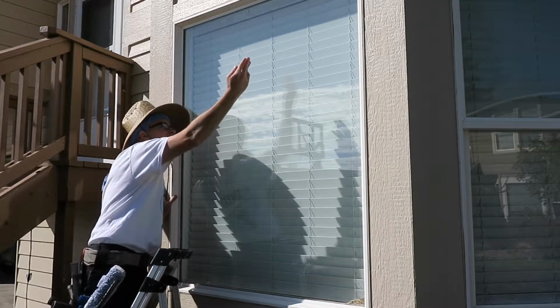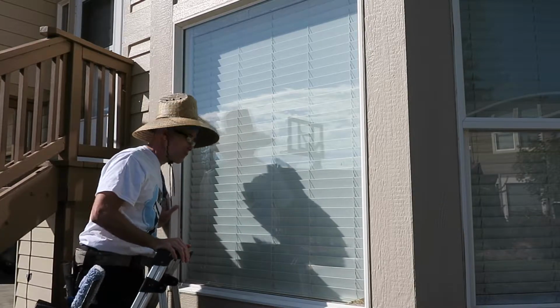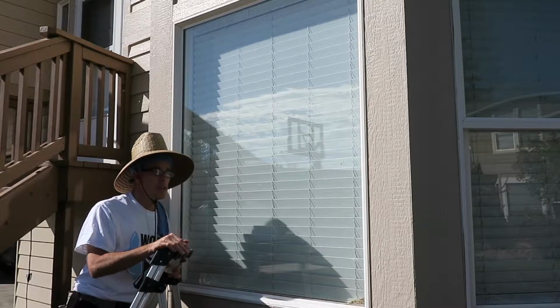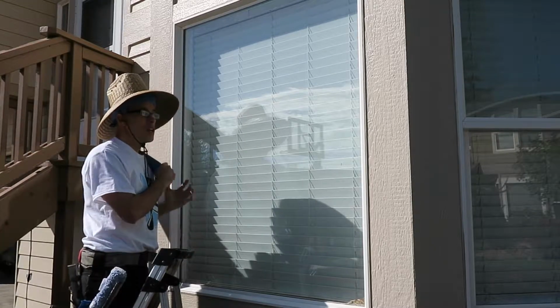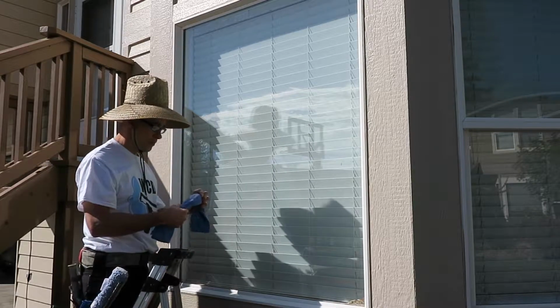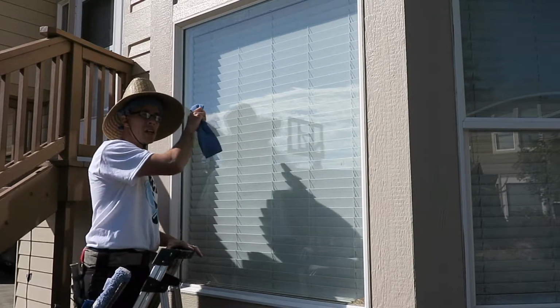I can see if there's any streaks, any water that I missed, any debris that I missed when cleaning the window. You want to do this fairly quickly, because if you have a streak that's wet, or some water that you missed, if you do it quick enough before it dries, you can go ahead and detail it off the glass. Now, if it starts drying to the glass, and let's say you have a streak going across, you may be able to get away with detailing it when it's dry,